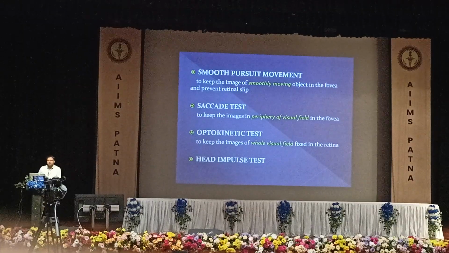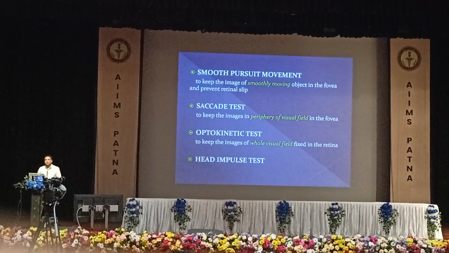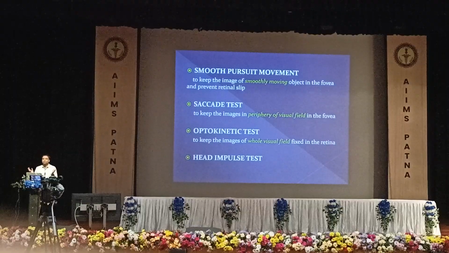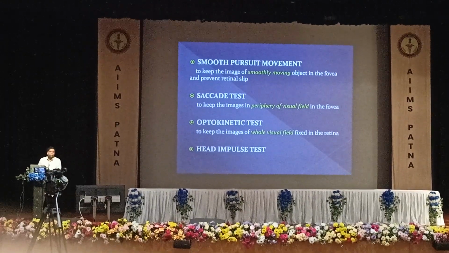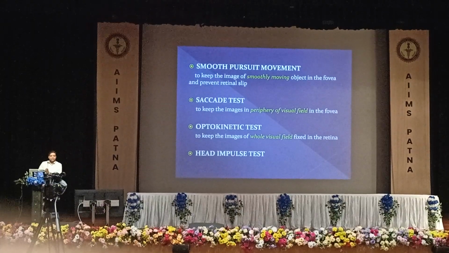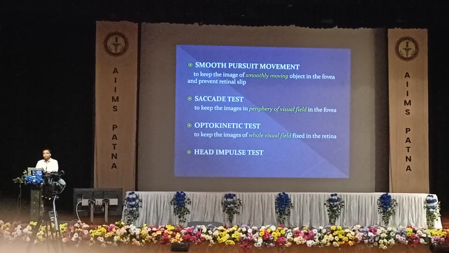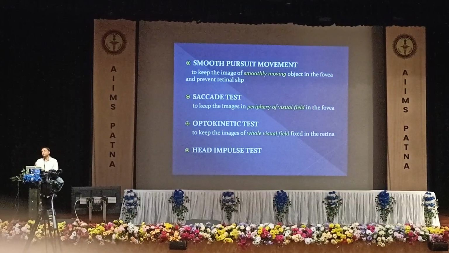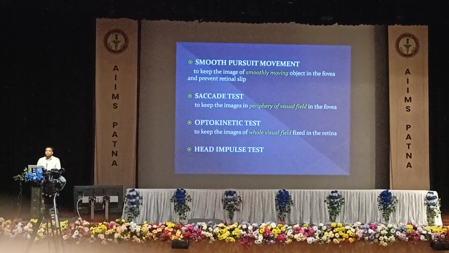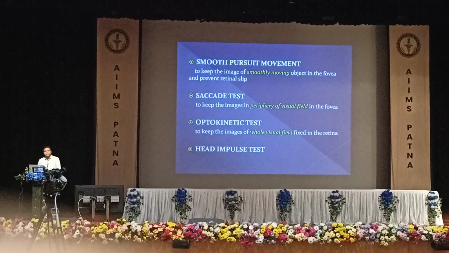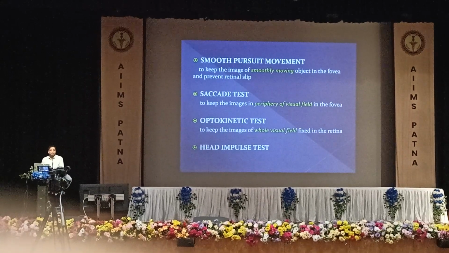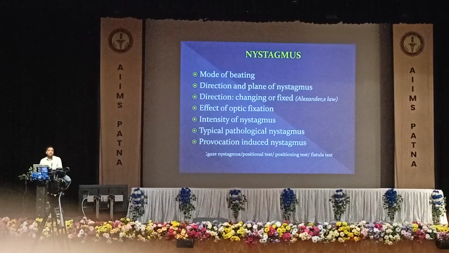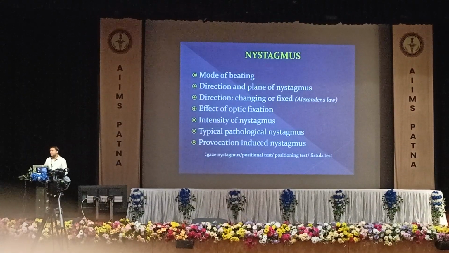An optokinetic test combines everything. The whole visual field has to be combined together to give a good representation on the fovea and to prevent retinal slip. So smooth pursuit, saccade movement and optokinetic test, these are three of the basic things which are done. There is a head impulse test which we do in the OPD for positional vertigo. But after all this, the main thing that we come to is nystagmus. Now a lot of videos have been shown about